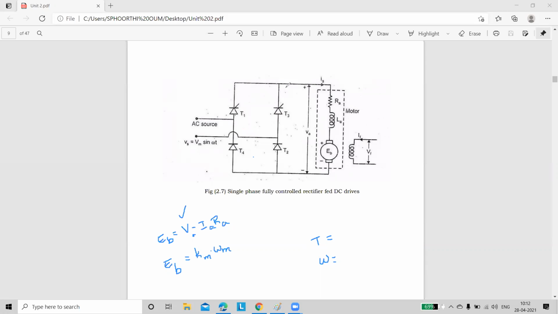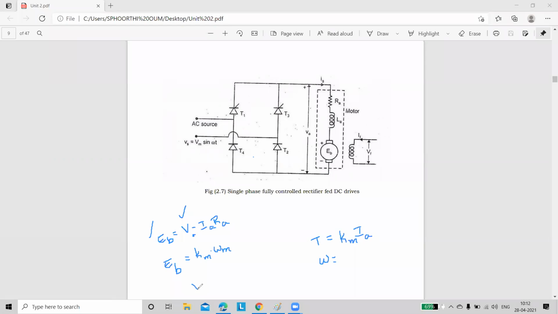And the torque formula: note down another formula. Actually, you know that torque is directly proportional to armature current. So T is directly proportional to IA. Here I am avoiding the proportionality sign, so we use a constant that belongs to the motor. That's why Km.